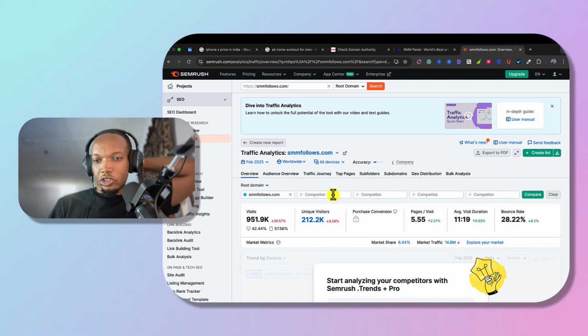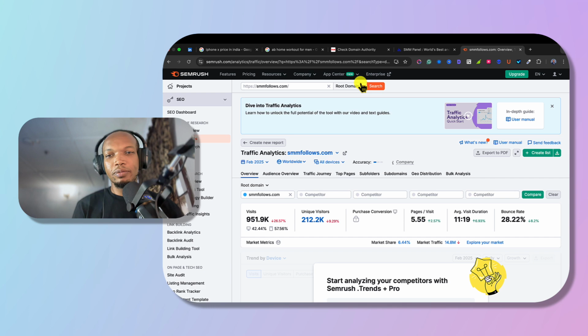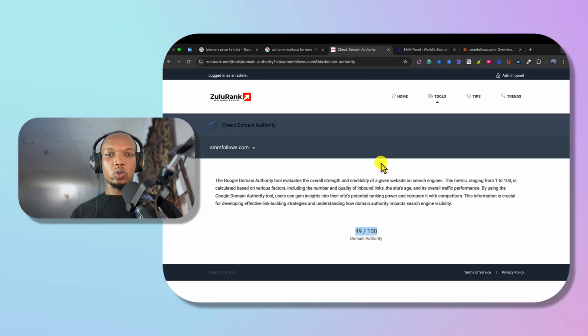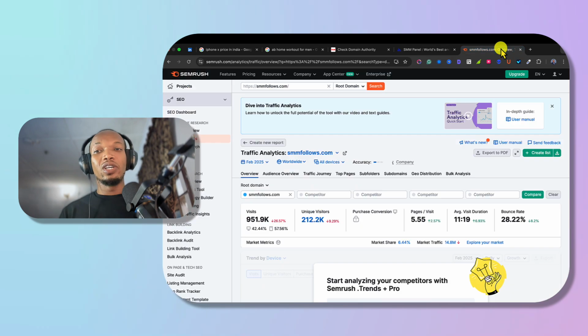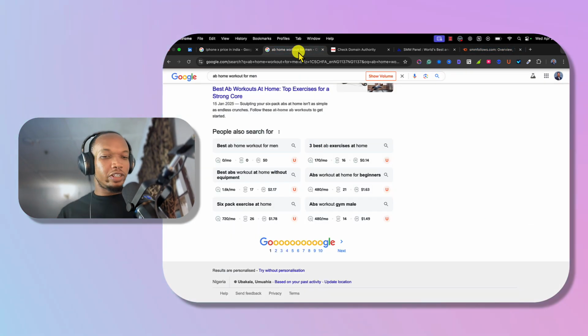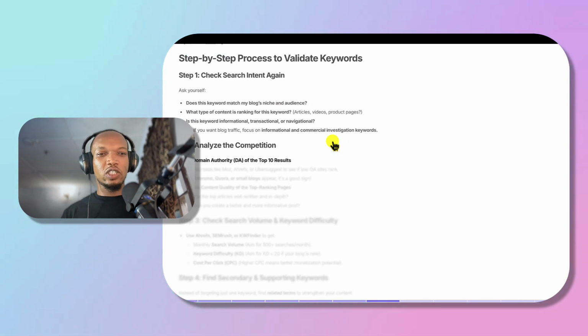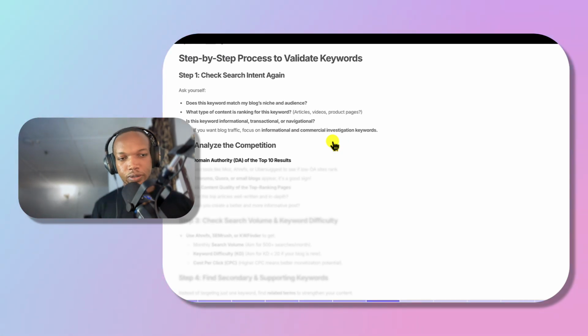That's why I don't like SEMrush. Right, but basically this is the tool I use. You use this one or this one just to give you an average. Most times you don't really need it for anything per se. It's not like it's going to affect your SEO strategy, but you just want to know, right?